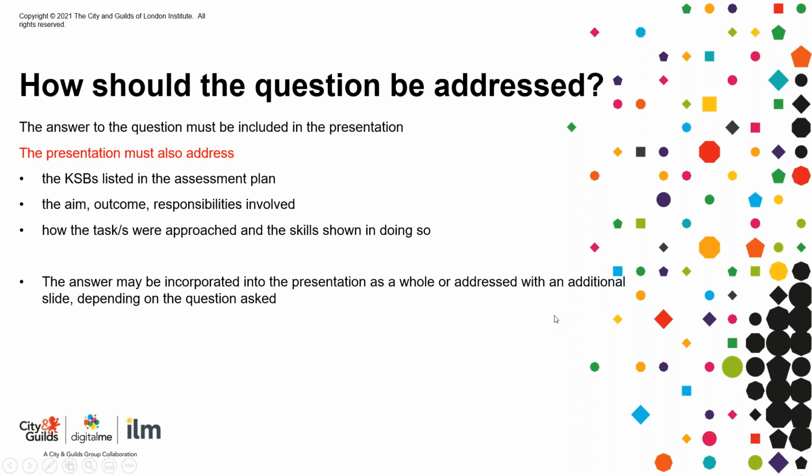It may be that it is addressed holistically through the presentation. For example, answering the question, how have you improved a process or operating practice, would quite possibly be covered in the body of the presentation itself. But it may be that one additional slide will be sufficient. For example, answering what went well and how could you improve the results in the future could be addressed in a final conclusion. The endpoint assessment pack and the exemplar resources give detailed examples on what must be included in the final presentation.